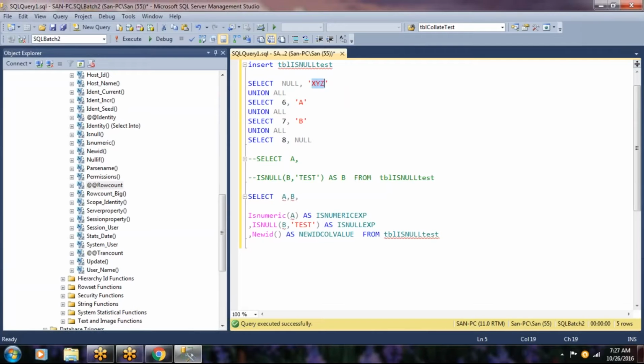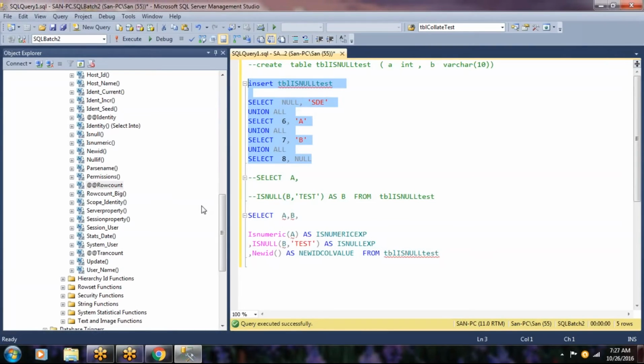Govind, can I ask you a question? How do you select from insert to select and remove the comments? There is a shortcut: Control K C and Control K U. Control K C means put comments, and Control K U means remove comments.